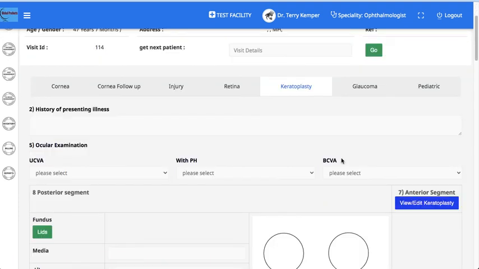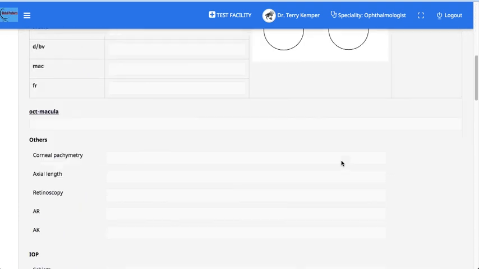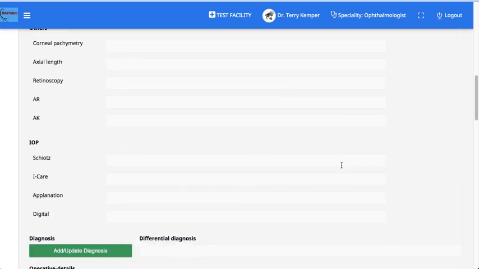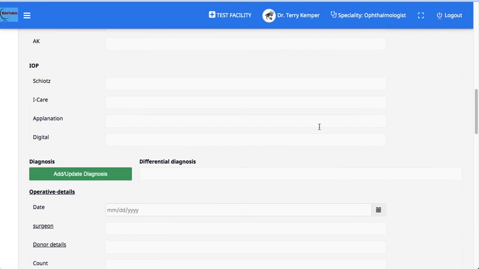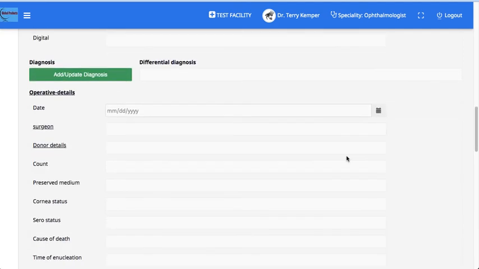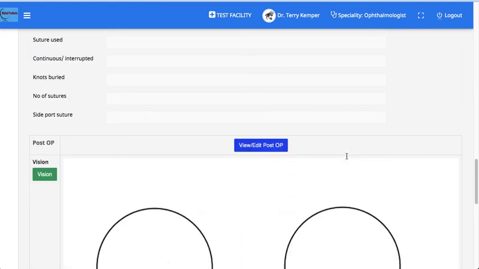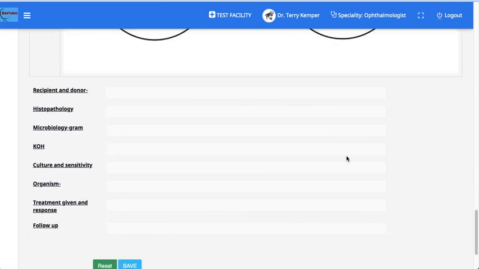Keratoplasty subspecialty: corneal pachymetry, axial length, IOP using Schiotz, applanation, all the information, surgeon donor details, post-op information.